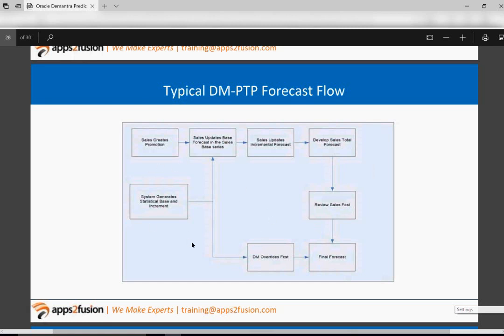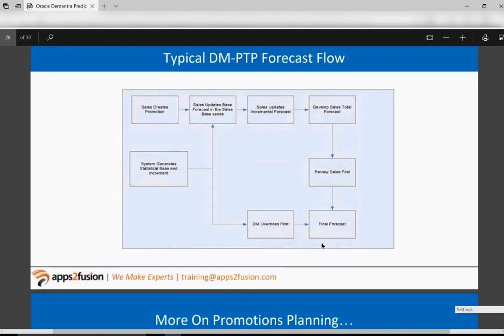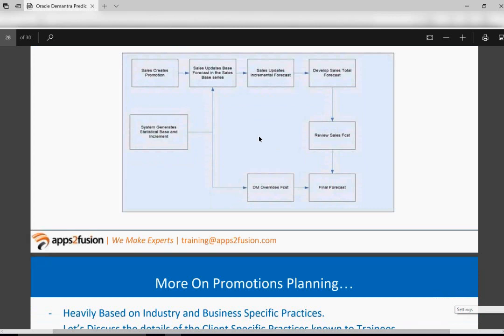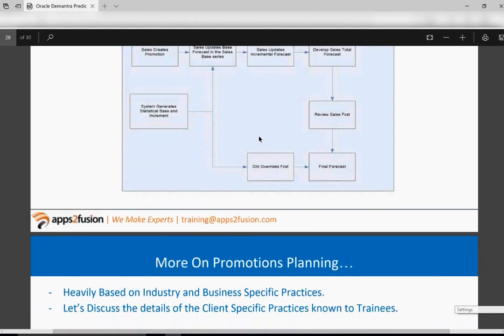This is not set in stone as the procedure. In any typical company, we may have several versions of this flow to arrive at the final forecast. The net goal and aim is to arrive at a final forecast for our manufacturer, so that they can give this final number to their operations team and supply planning team, so that they can run an MRP on that and make sure that we have enough service levels on those orders and forecast related scenarios that we cater to our customers.